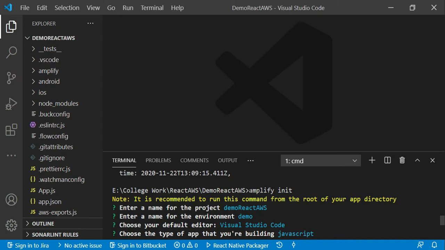So what happens when we execute this particular command is, first, it creates one top level directory called amplify. If you observe here, this directory has been created. The use of this directory is to store the backend definition. This directory was not there earlier in the React Native application; it was created because of amplify init. It will store some backend definition. For example, during this tutorial series, we will add some GraphQL API and authentication code in this amplify directory. This is the first thing.